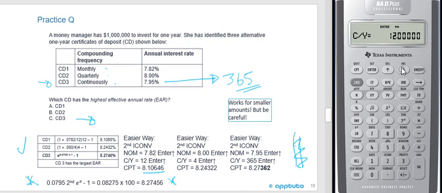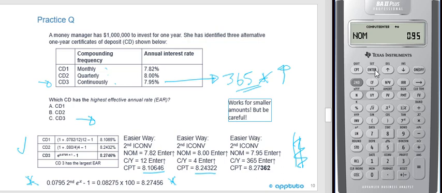And now, again, I'll show you this is really easier than doing the algebra. I can just arrow back down to my nominal interest rate. I'm going to hit 8 for my second one, CD2, hit enter, arrow up, that's quarterly, 4, enter, arrow up, hit compute again, 8.24322. Aha, so now that's higher. Now I know, as I said, if I do daily, I know that continuously would be a little bit higher actually. So let me just do, I'm going to arrow down, and I'm going to do the nominal interest rate is